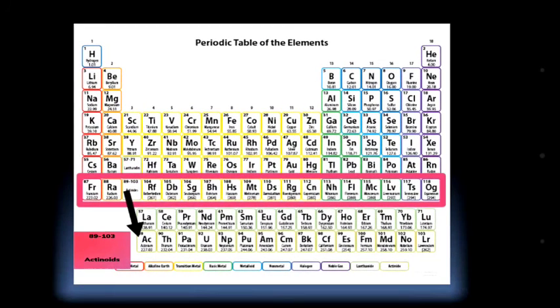You can see here the 14 element series that are called the actinoids. It starts from atomic number 89 till 103, and it is arranged at the bottom of the periodic table. So these are the periods in the periodic table. The 7th period is called an incomplete period. Why? Because whenever any new element is found, it is arranged in this period. It has many unknown elements' places as well.